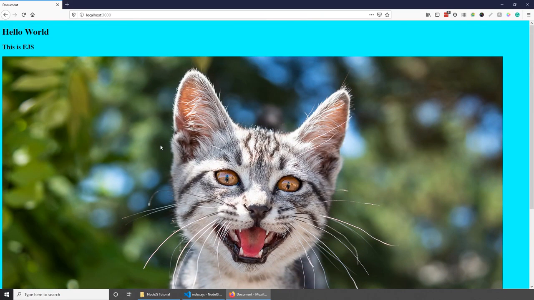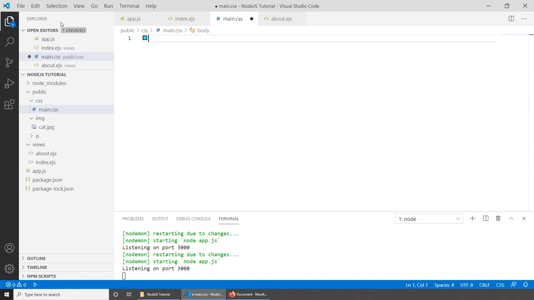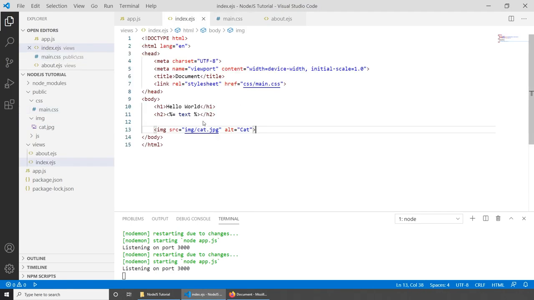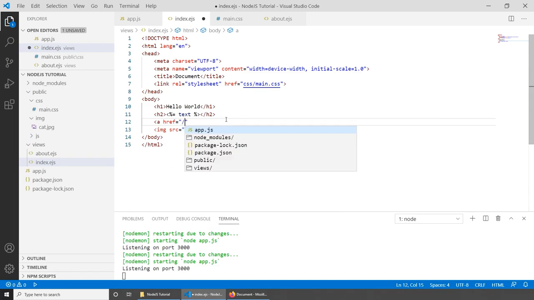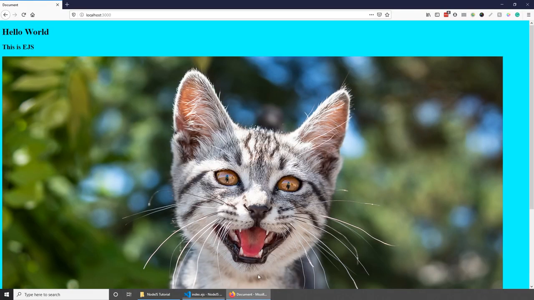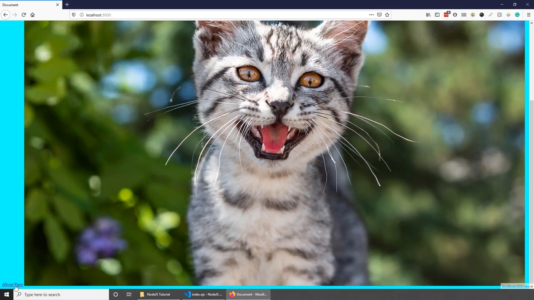which is awesome. Obviously, if you want to add a link to the about page, we can simply do, let's first of all remove the background. We can simply add a link in here. So I can do href/about like this, about page, save, go back, refresh, and I think the link is down here below. So let's click on the about page, and as you can see, we're getting the about page,